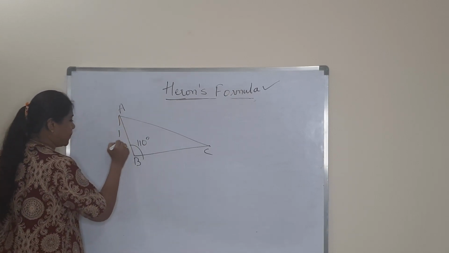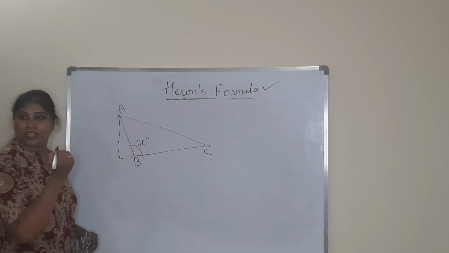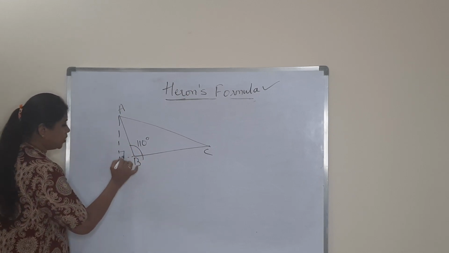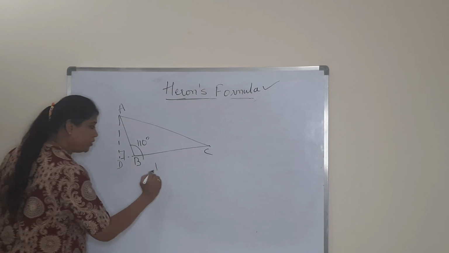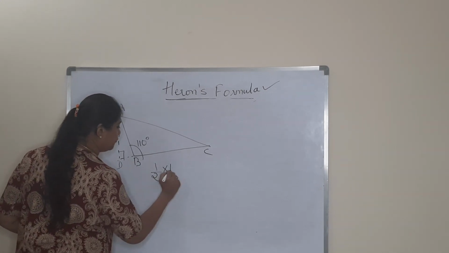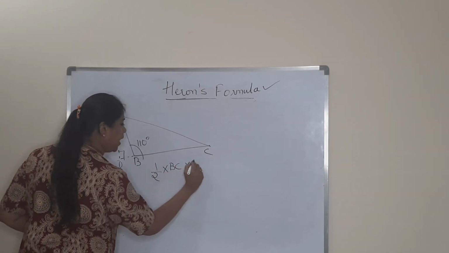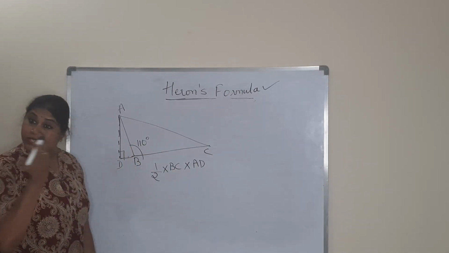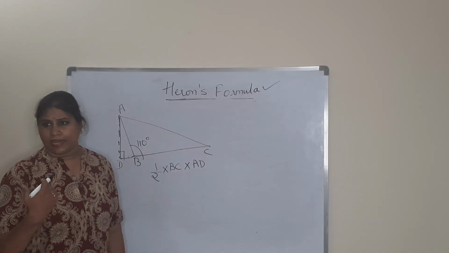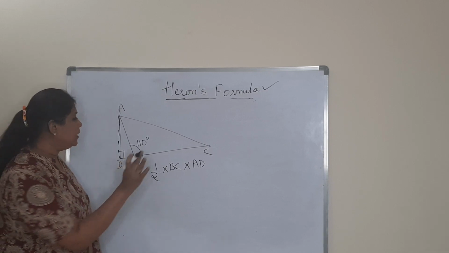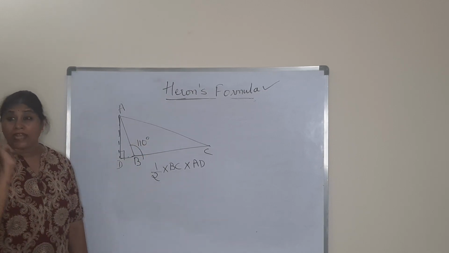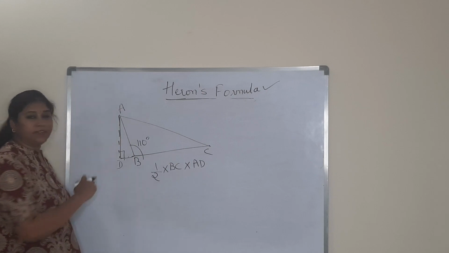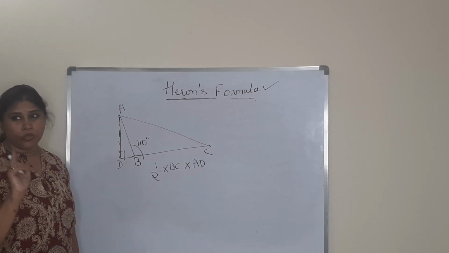Then we have to drop the perpendicular outside. Okay? Yes, ma'am. So this will be your perpendicular AD. Then again you can find out the area, half into base into height. See, our perpendicular is also outside the triangle. We can take it like that. Understood? For an obtuse angle triangle, this way it is possible to draw a perpendicular outside the triangle. Okay? Till here you have understood it.